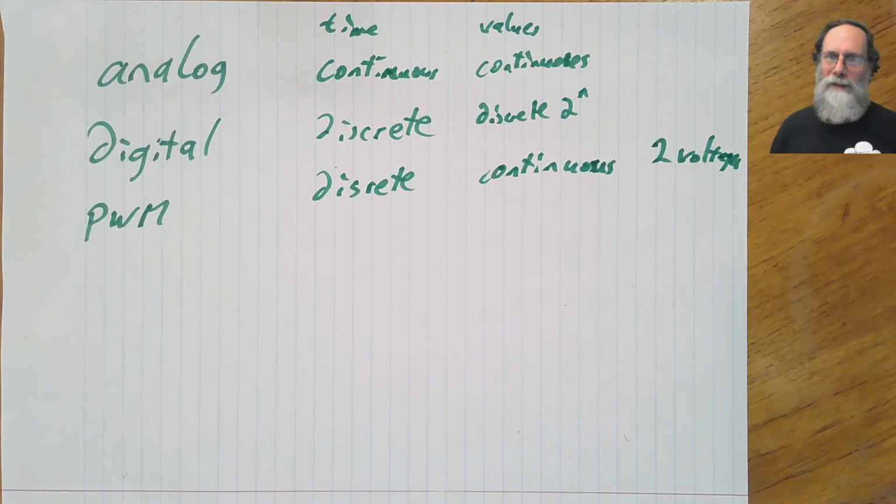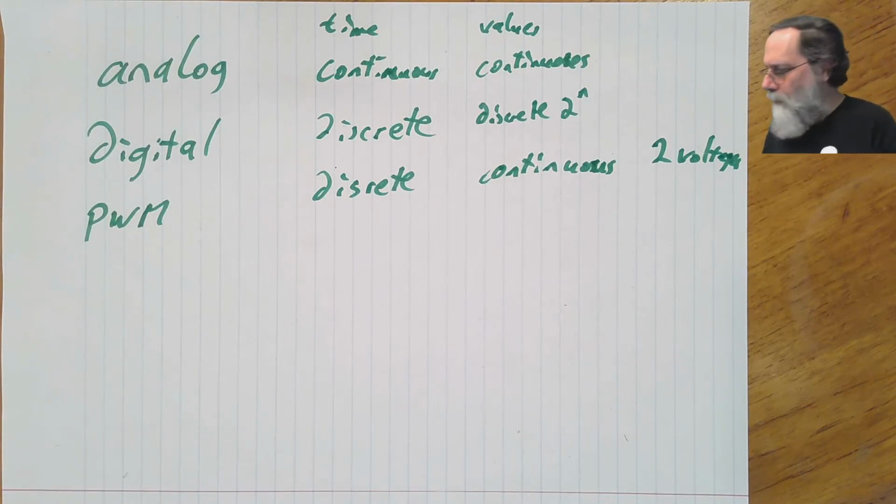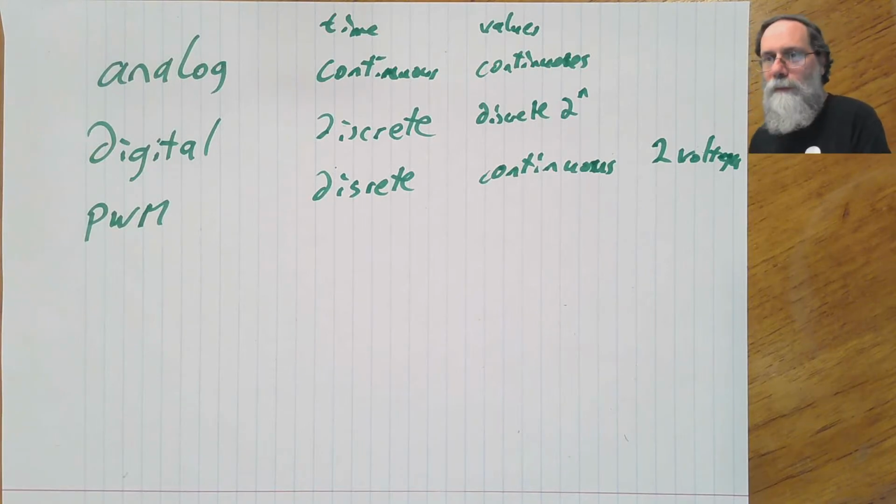I mean, the analog stuff, to get continuous values, we had continuous voltages. Anything between the low voltage and the high voltage was possible. For digital, we had discrete voltage values, or numbers, that corresponded to different voltage values. If we had 16 bits, we had 2 to the 16th different discrete values, different voltages being represented. But for PWM, I'm claiming continuous values, but only two voltages. Well, let's take a look at what's going on with the signal.